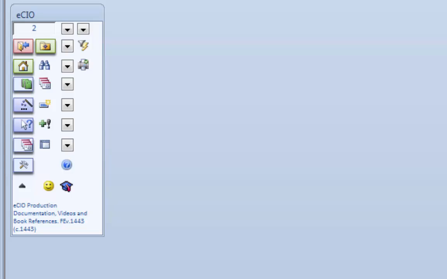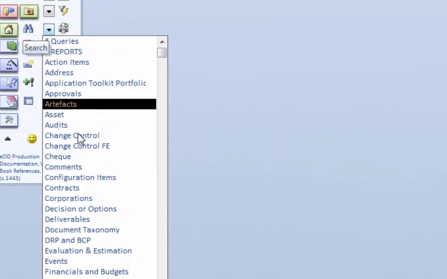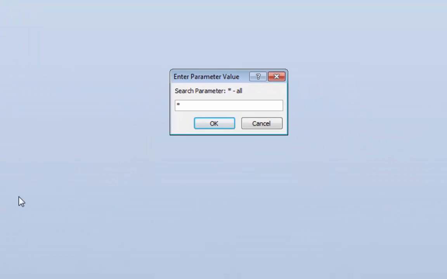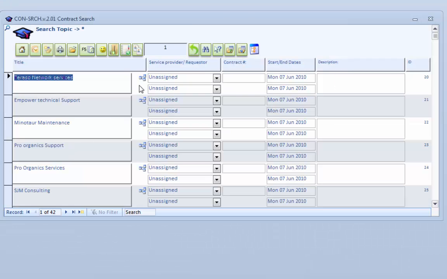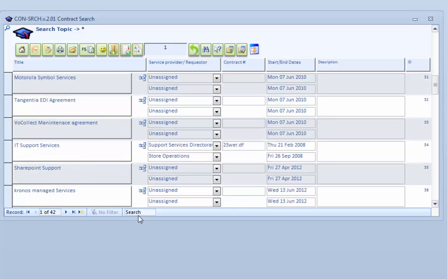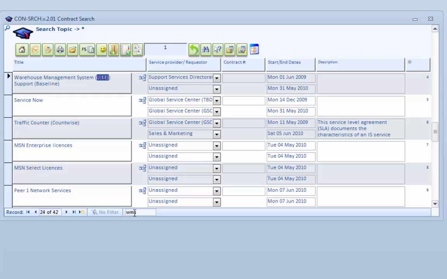So we'll start here. We'll go into our standard search. I think most of you are familiar with this one. We'll go into contracts. We're just going to do a straight search for all our contracts. So these are a listing of some of the contracts that we've got in place. There's several of them. You can do a sub search, or you could revamp some of these already. So we're going to bring up our warehouse management contract. It's a baseline contract,